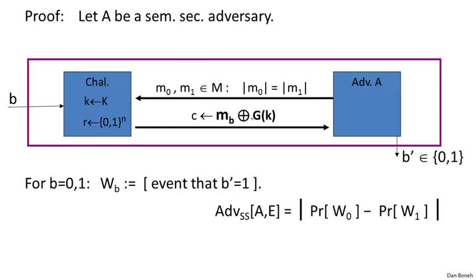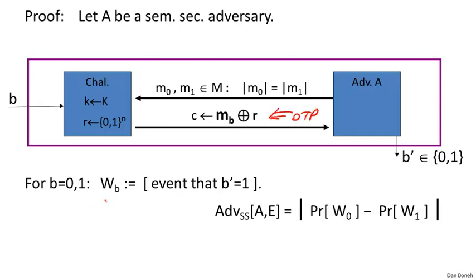I'll use the usual notation. Basically, in the original semantic security game, when we're actually using a pseudo-random pad, I'm going to use W0 and W1 to denote the event that the adversary outputs 1 when he gets the encryption of M0 or the encryption of M1 respectively. So W0 corresponds to outputting 1 when receiving the encryption of M0, and W1 corresponds to outputting 1 when receiving the encryption of M1. That's as in the standard definition of semantic security.